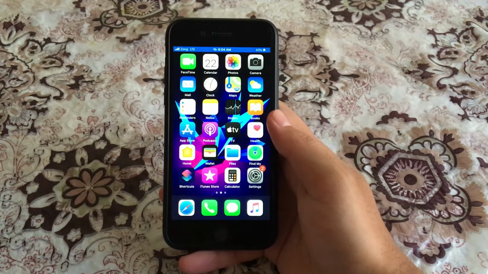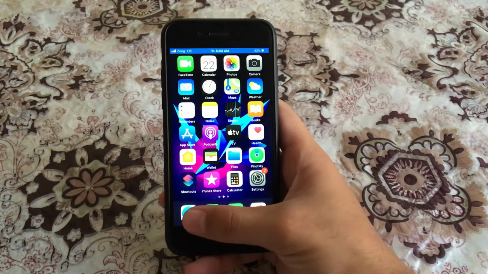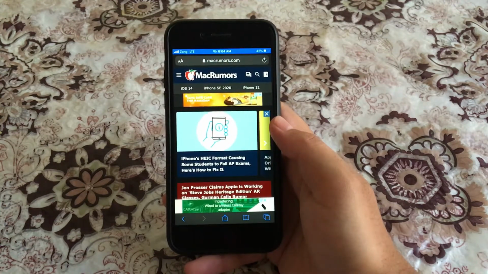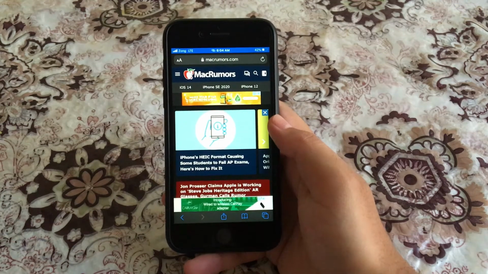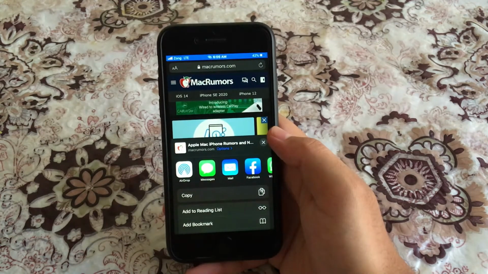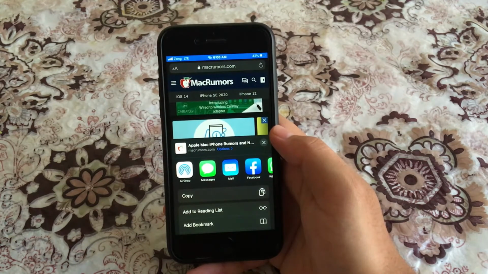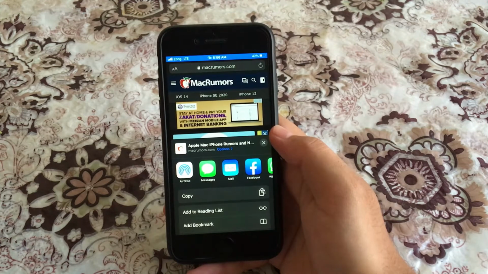Another option that I love to enable in Safari is going to be reading list offline. So let's say you are reading an article, right, and you are not going to have a network connection later, but you still want to read the full article. Right here in the action button you can save that article, add it to reading list, but you need a network connection in order to read that article later.